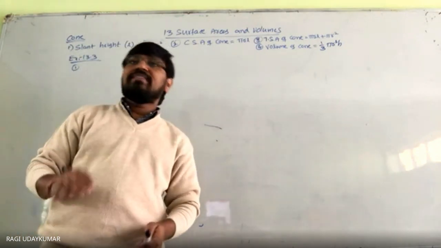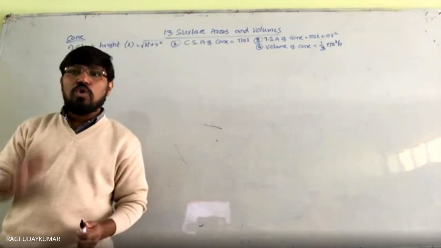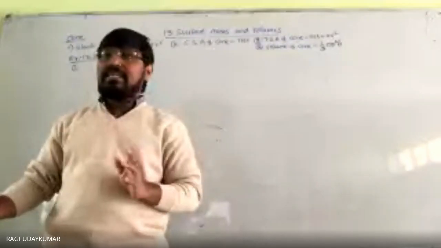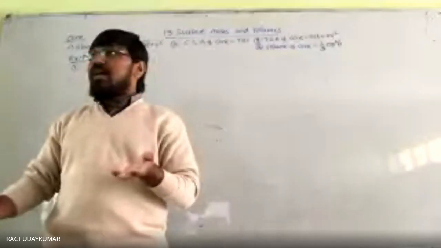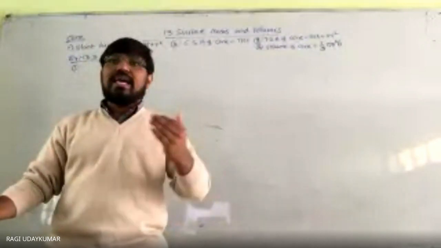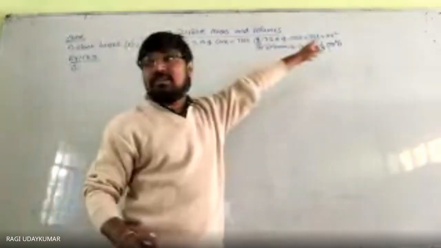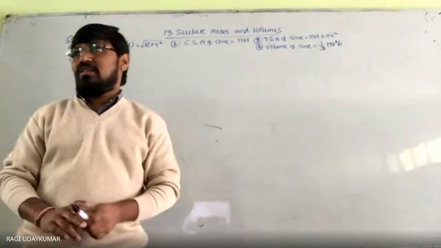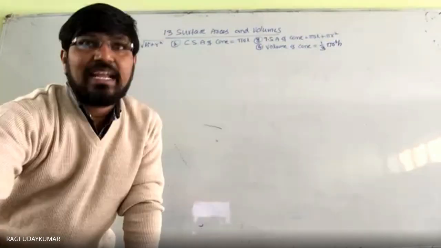Second question you see. Find the total surface area of the cone. Radius to be taken. Radius 12 आ जाएगा. And slant height is given to you. तो हमको h से मतलब नहीं है. h find out करने का जरूरत भी नहीं है इसमें. So directly pi rl plus pi r square, total surface area you need to find out. Okay, pi rl plus pi r square.